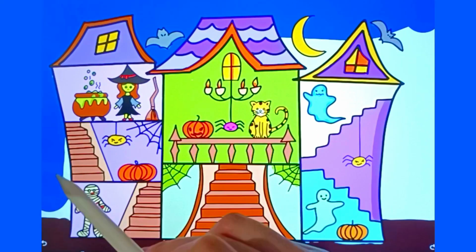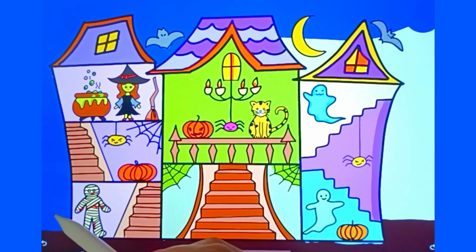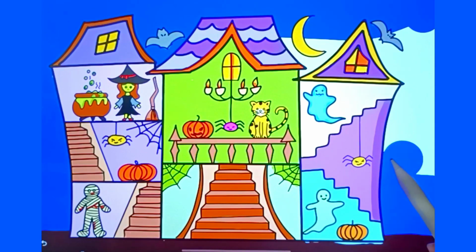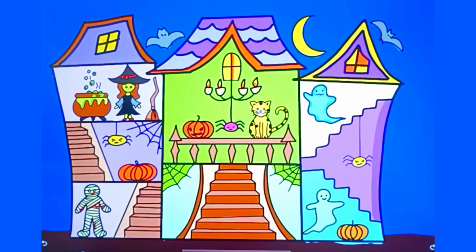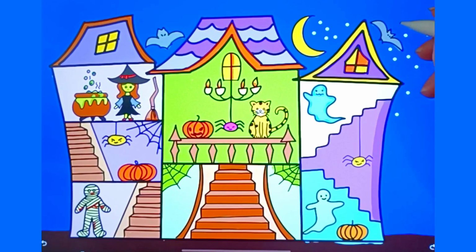we go. Our haunted house is complete. Bright, colorful, spooky, and adorable. Wow, look at that! You did amazing! That's one spooky